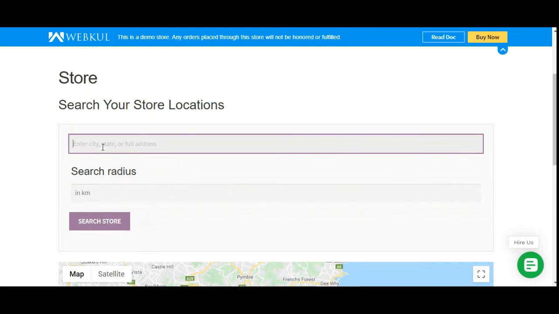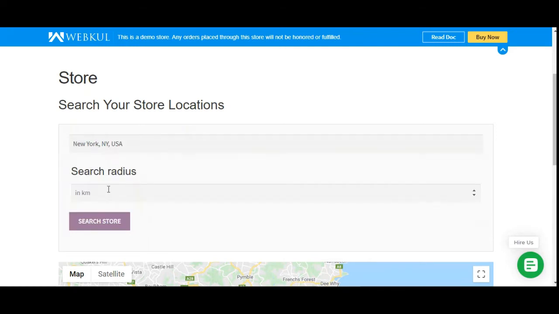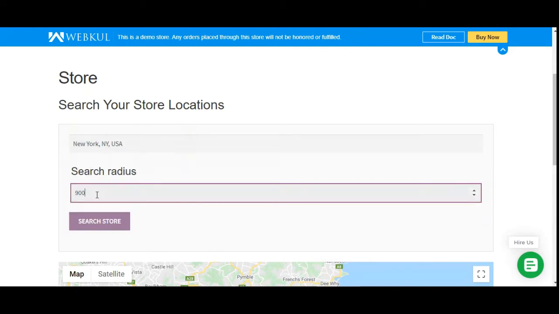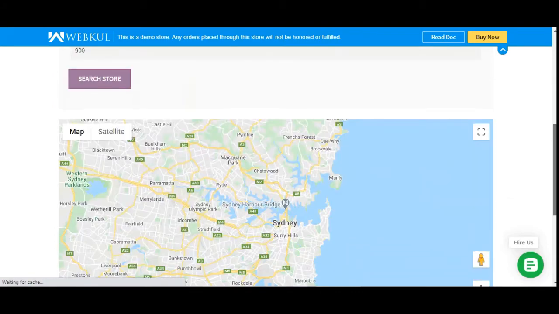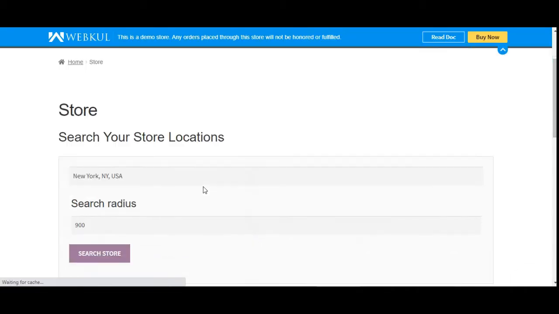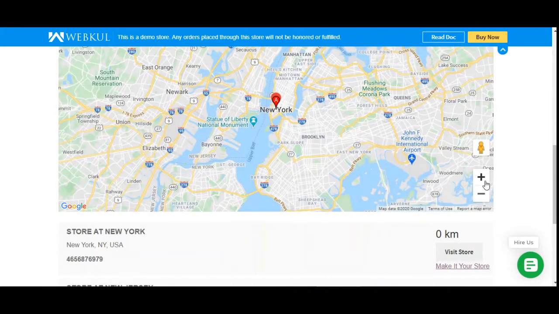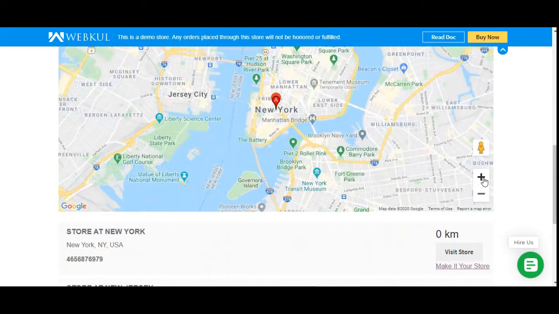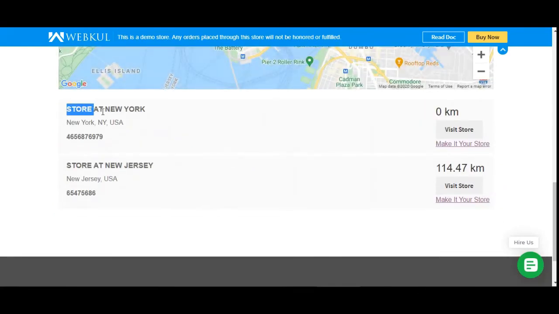So for example, if I enter New York here, and choose that, and then I set the radius as 900 kilometers, then I tap here on the search store, and now if I scroll down, you can see we have two different outlets that are available here. And if I scroll down more, then you can see there are